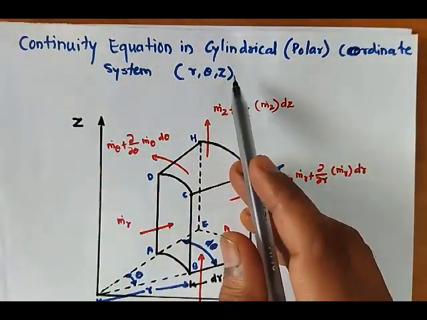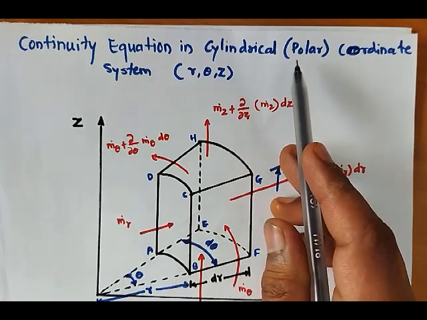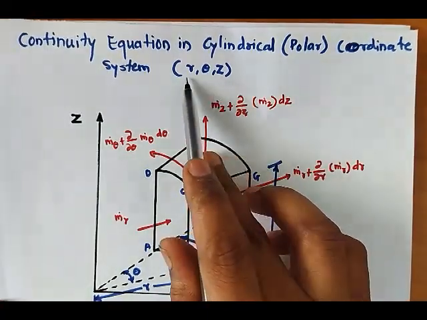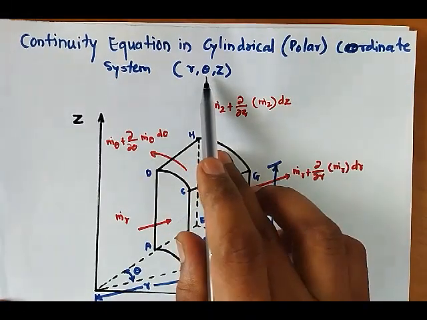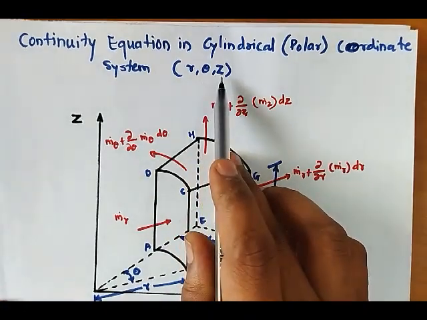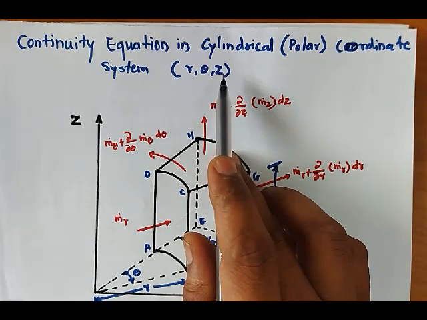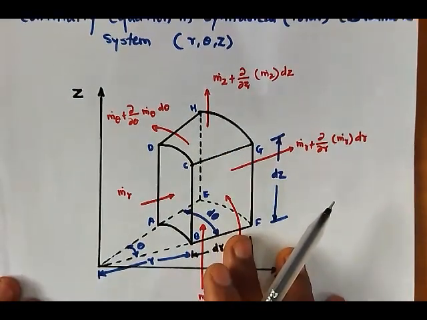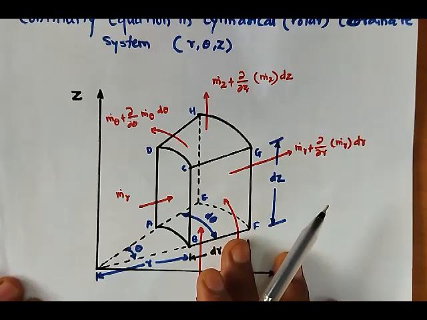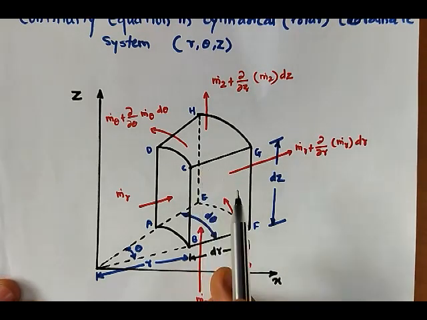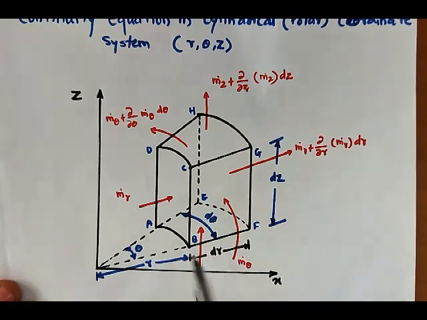So our continuity equation in cylindrical, also called the polar coordinate system, has coordinates r, theta, z. r means radial direction, theta is angular direction, and z is longitudinal direction or the height direction. So to find this equation, we have considered one small cylindrical element,